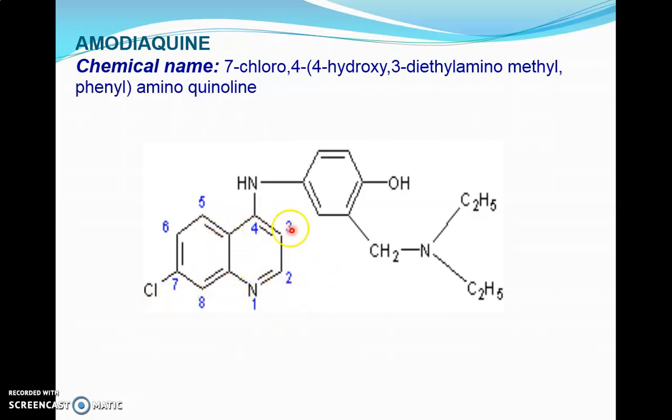So we'll give the numbering to this parent nucleus: 1, 2, 3, 4, 5, 6, 7, 8. As usual, whatever numbering pattern we give for quinoline will be applicable here, because the parent nucleus is quinoline. Next, what about the substituents? The 7-chloro is no problem, it's a simple one. What about the 4th position? It has a complicated substituent, so we should give separate numbering to